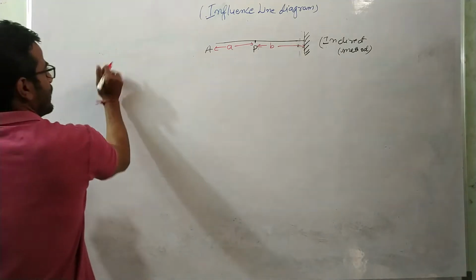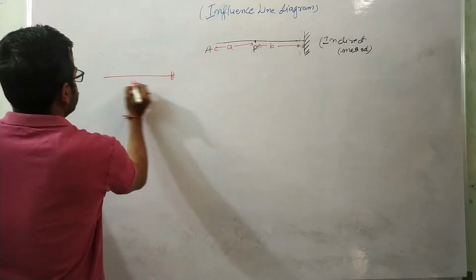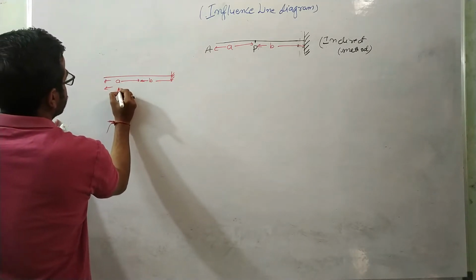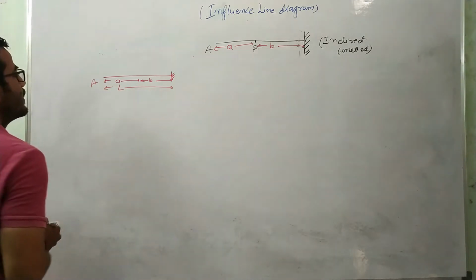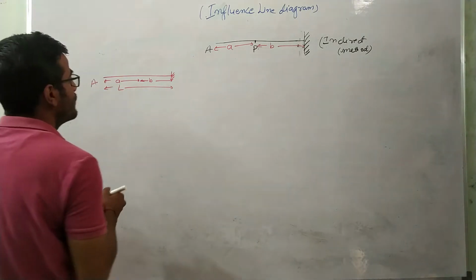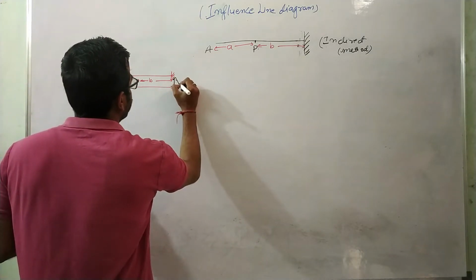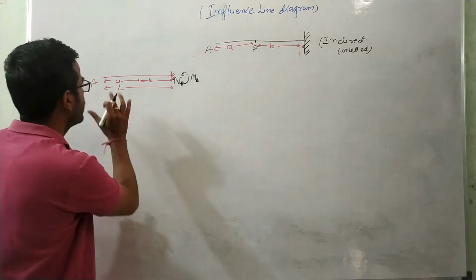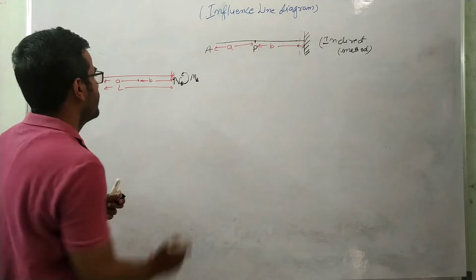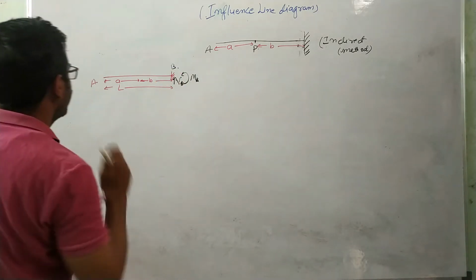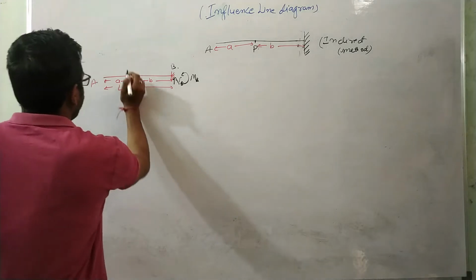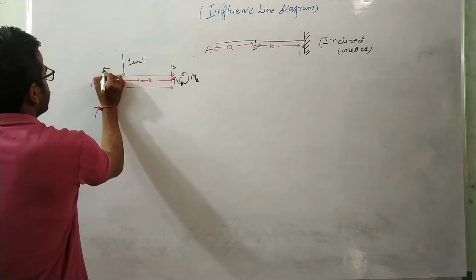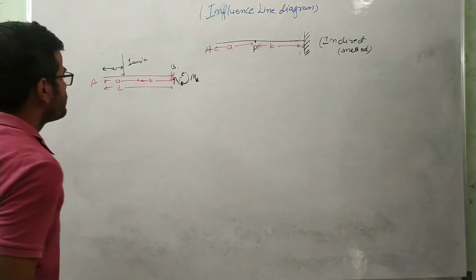So let us draw this beam again over here. This is the case, the total length of the beam is capital L, and this is the A point, right? So we need to find the influence line diagram for this vertical reaction VB and this moment MB, when the unit load is traversing this beam along AB, right? I'm applying some load over here at this point. Let us suppose this is unit load, at a distance of x from A.